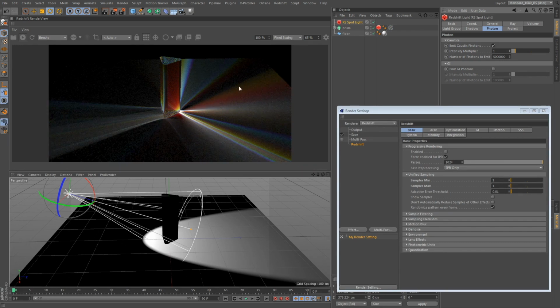You'll see that we've cleaned up a bit, but it's still quite grainy. That's ultimately the trouble with photon mapping in general: you need to emit quite a number of photons in order to get a clean result. Now you can see with the number of photons to emit from our single light set to 10 million, we're starting to get some smooth results, which might be smooth enough to run some denoising on and get a usable result. I'm going to set this back down to 1 million,